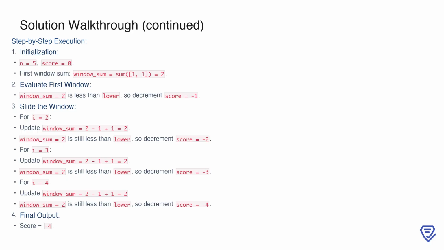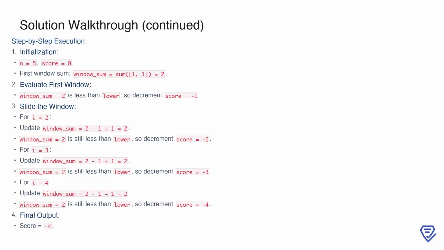The new window sum is updated as 2 minus 1 plus 1 is equal to 2, which is still below the lower threshold. As a result, we decrement the score again, bringing it to minus 2. This pattern continues as we slide the window further. The window sum remains 2 after each update, and since it is consistently below the lower threshold, the score decreases